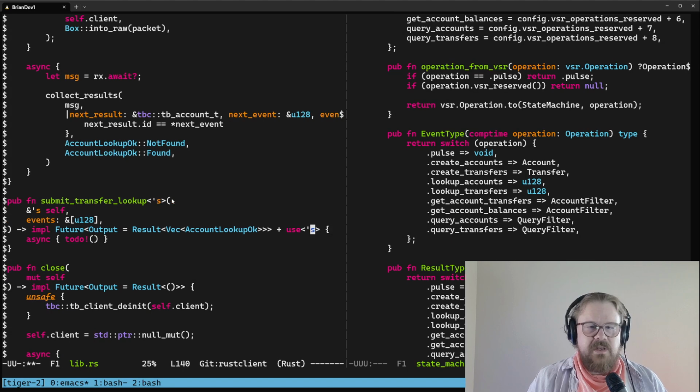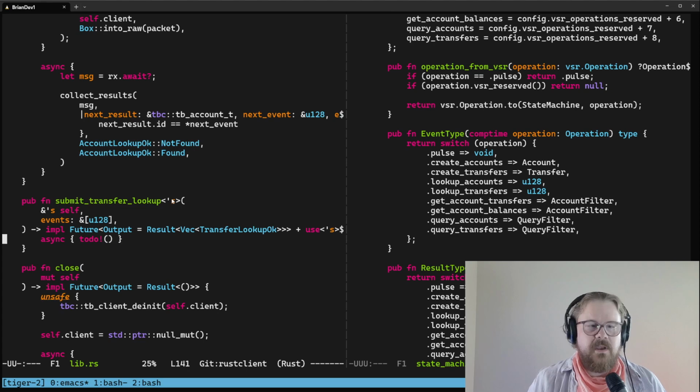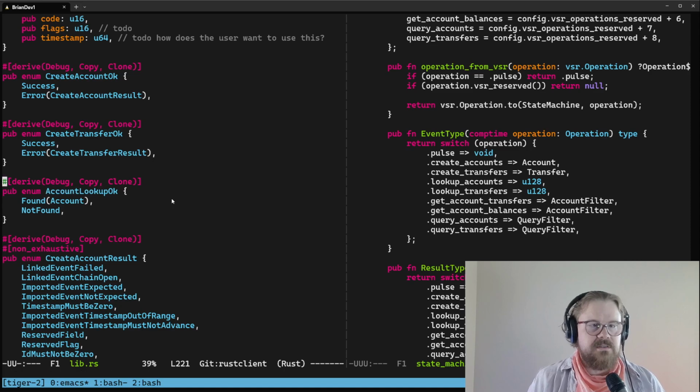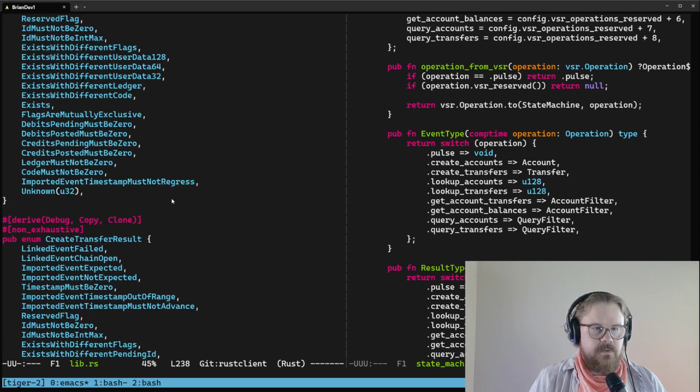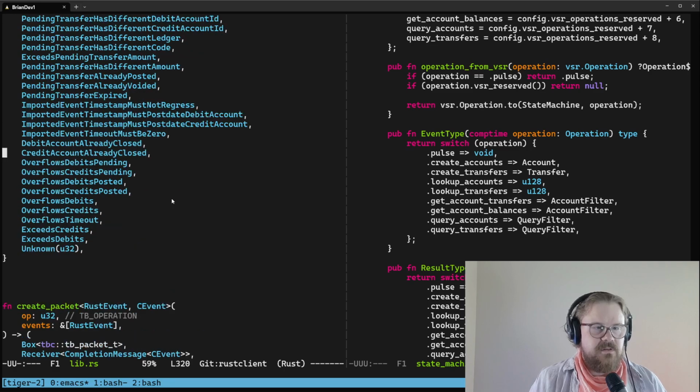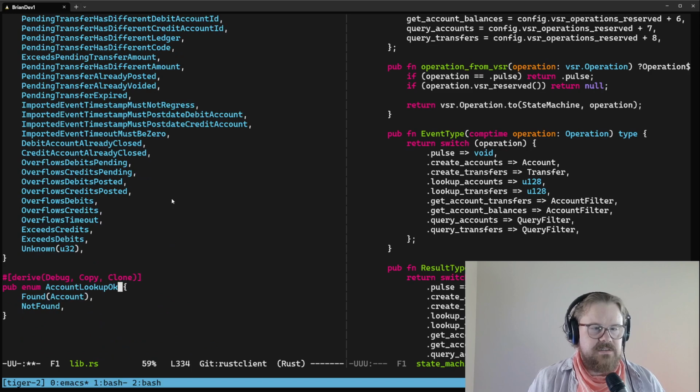And then the result type, I'm going to have to go define something for it, following the pattern that I've established. So here the old account lookup was the account lookup OK result type. We're going to call that transfer lookup OK. And we're just going to go search for our account lookup OK type, and we're going to kind of crib off this and make a new one for transfers. So we're going to keep these in roughly the same order that the Zig code tends to define them. So I'm going to put these after the other definitions and call this